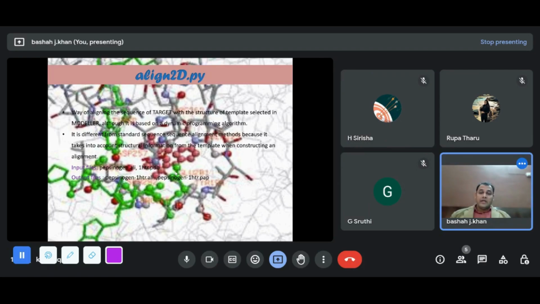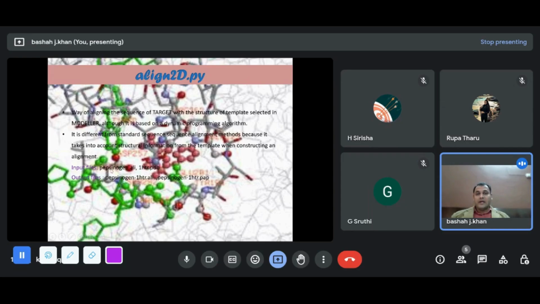Now, after choosing the most similar protein, the alignment with that protein sequence will be made through the alignment file, in which the input files are your target file and the most relatable protein sequence file that will be aligned, and the output files will be .ali and .pap files generated after